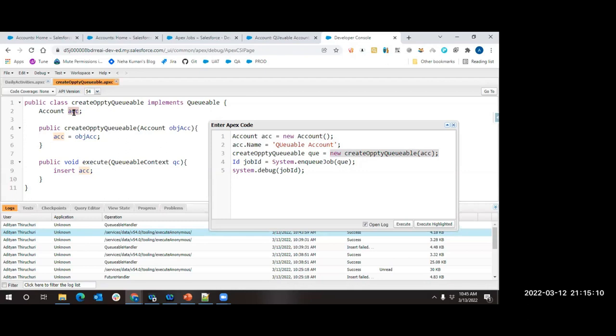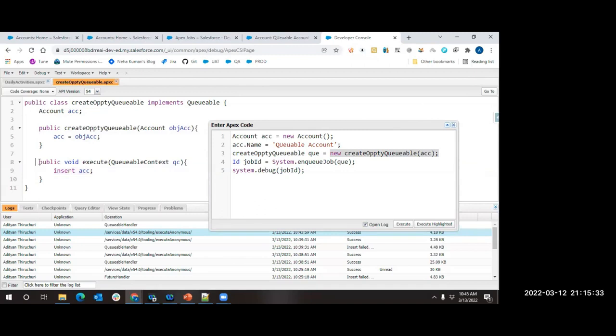Why is it doing a class level variable? Because this objAcc is available only in this specific block. The objAcc scope is only within this constructor. But where do I want to put my logic in order to get it executed asynchronously? It has to be present in the execute method only. If you want something to happen asynchronously, that should be present over here only.